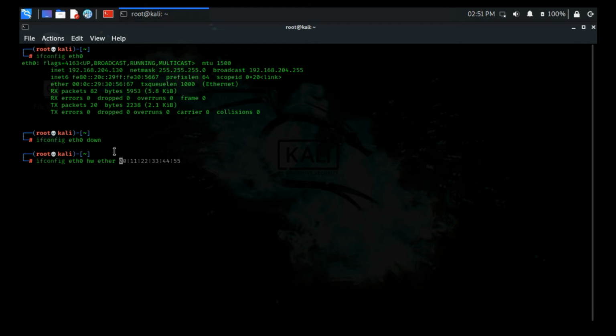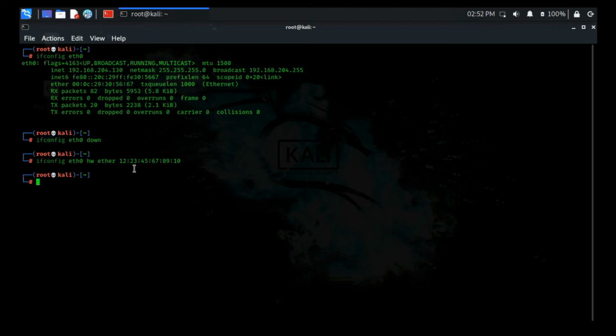Now I'm going to give a different MAC address, 12:23:45:67:89:10. So I'm giving this MAC address right now to my interface eth0. It is executed successfully without any errors.